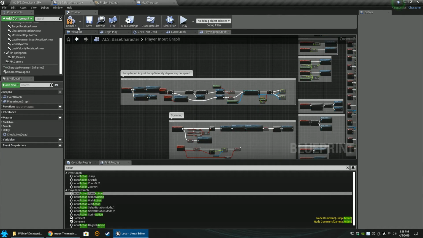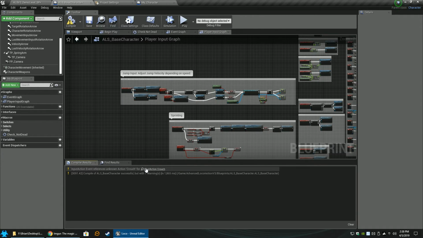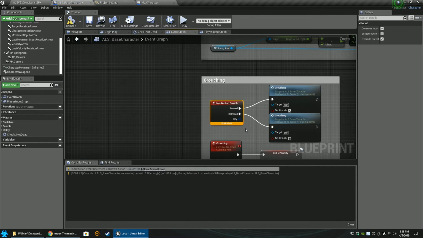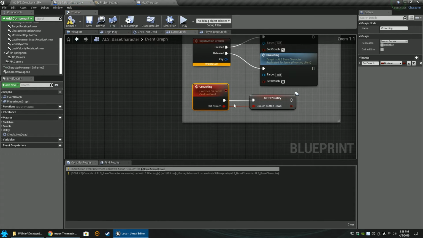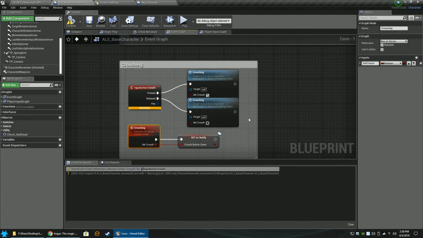Delete that. So now that's all jumping code. I'm not trying to clean it up or do anything too crazy on it right now. We just want to get it working. Same thing with crouching. Now this isn't a normal crouching thing. This is actually coming and calling this. But let's go ahead and